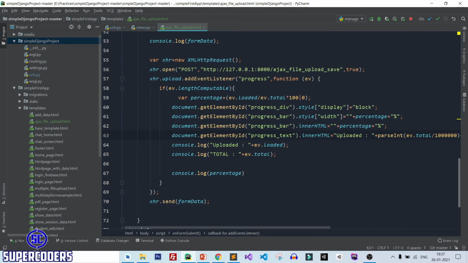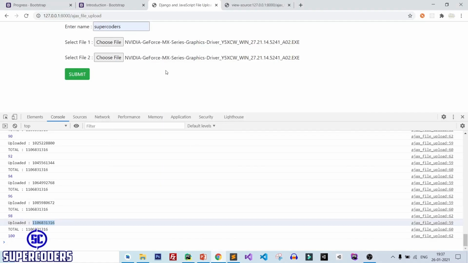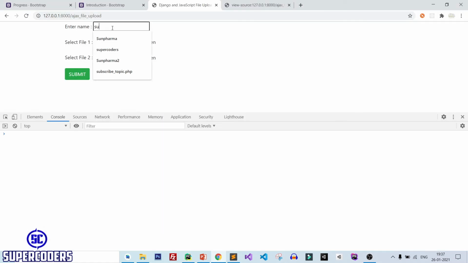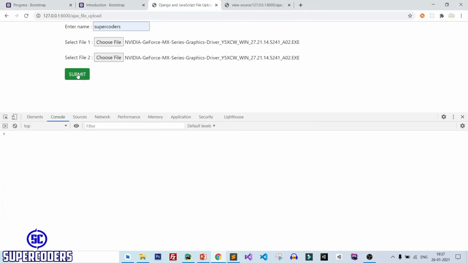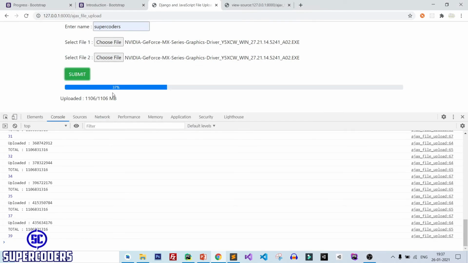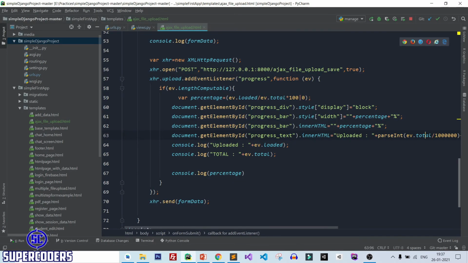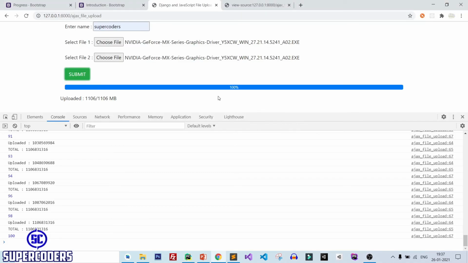Now let's check whether it's working or not. Save it, back to Chrome, refresh the page, Supercoders, select the file again, click on submit, and you can see progress bar and text. So it is working perfectly, but this is not working. Okay, here it should be loaded. Now save it again, back to Chrome, refresh the page again.